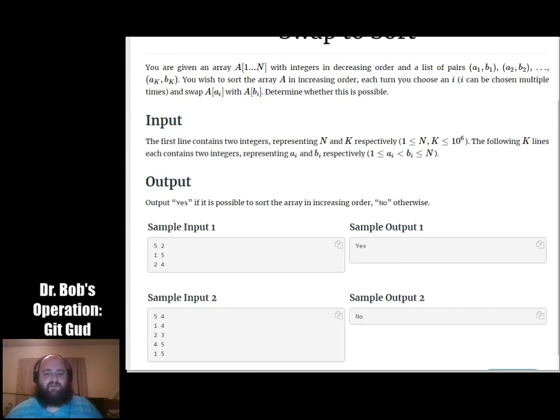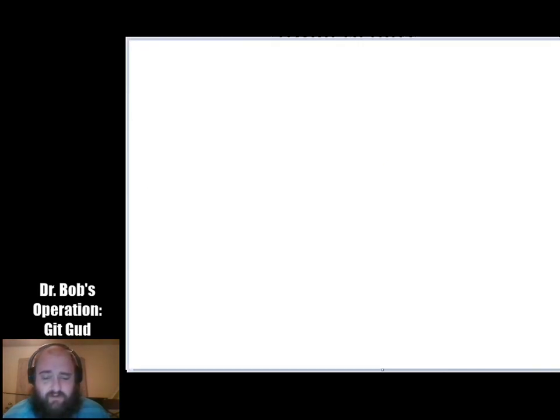Now, this looks like an array sorting problem, but what this actually is is a graph theory problem. So now we're going to go to my extremely professional setup here to talk about this one, where I do 10,000 hours in MS Paint. Okay, so